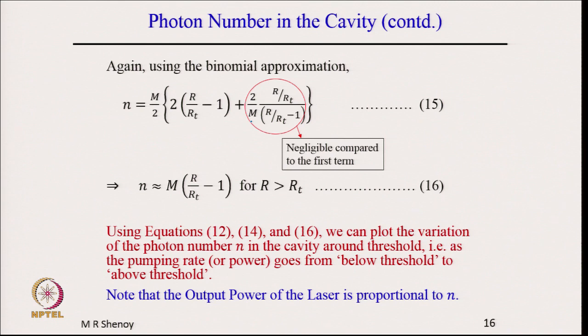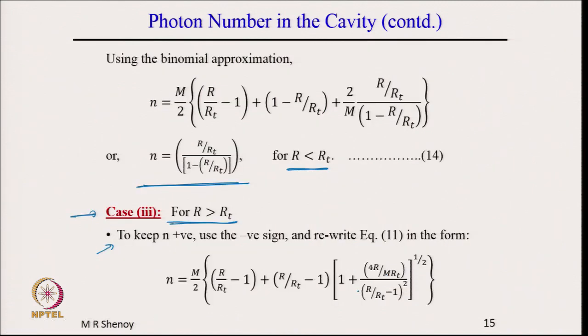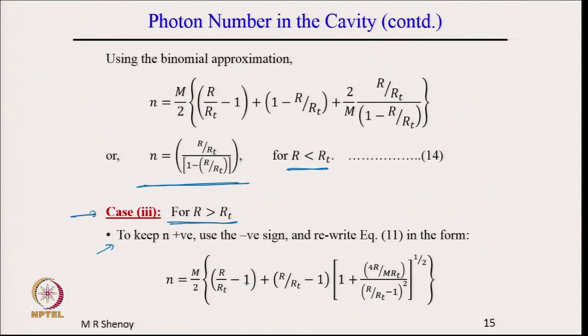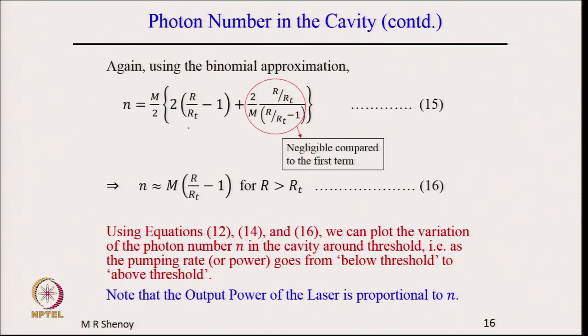So, as before, here m is in the denominator, and again this number is very small, and therefore we can apply the binomial expansion. This will be 1 plus half into this term, and that is what is written here. So, we get m by 2 into r by RT minus 1. You see there are 2 r by RTs here: r by RT minus 1 plus r by RT minus 1 into 1. So, that is why we got 2 times of this. So, we have 2 times r by RT minus 1 plus this term.